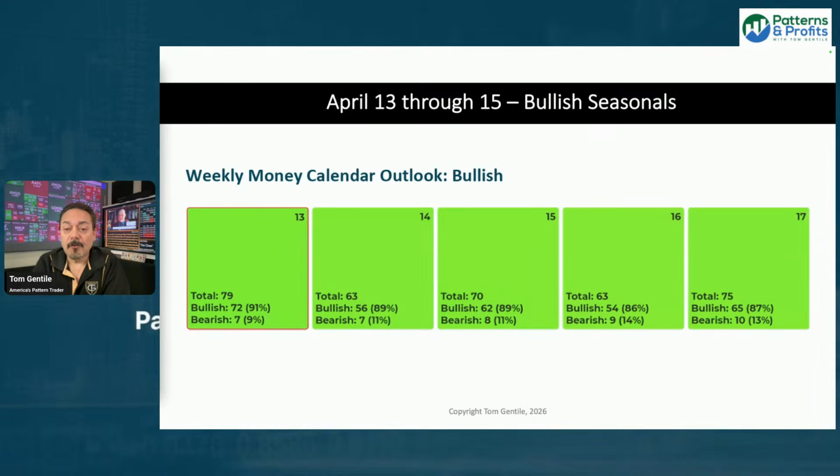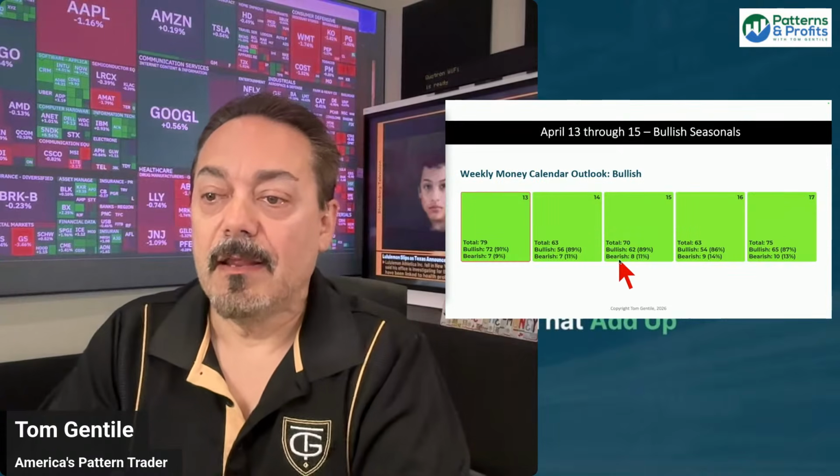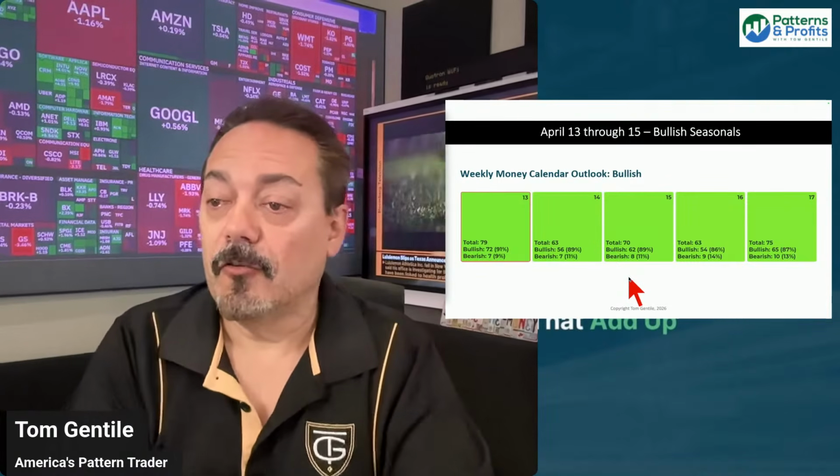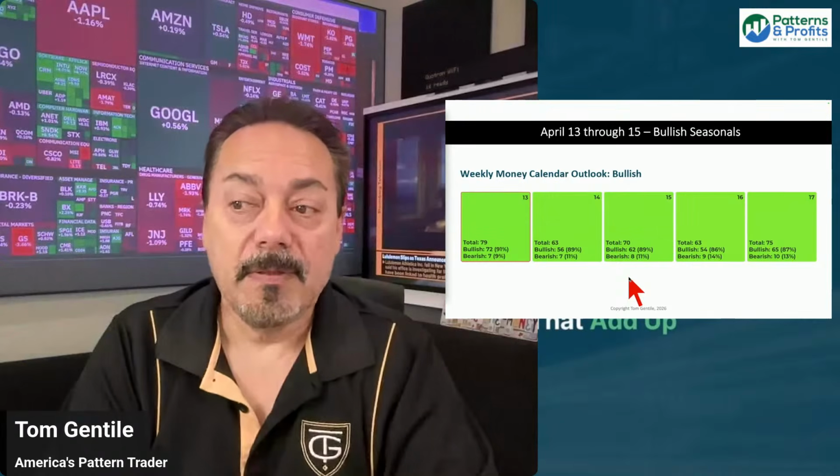seasonality. Volatility is not gone. We know that definitely coming into this week. It's just waiting for that next catalyst to unfold. That's what we see when we come into these markets. When I look at the bullishness here, we're still 91% bullish on all the types of stocks that I look at, coming into the beginning of the week. When you get to the end of the week, it drops off a bit. We see 89, 86, 87 going into Friday. But still, overall, I see a lot of bullishness as we're coming into the middle of April.